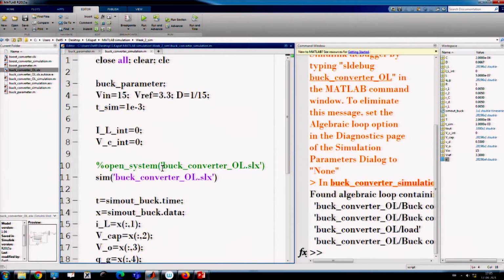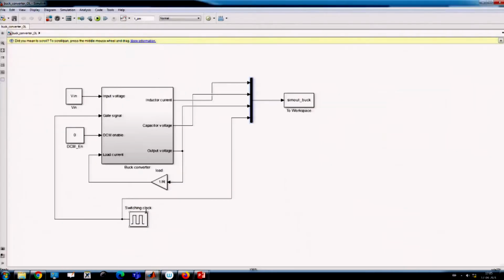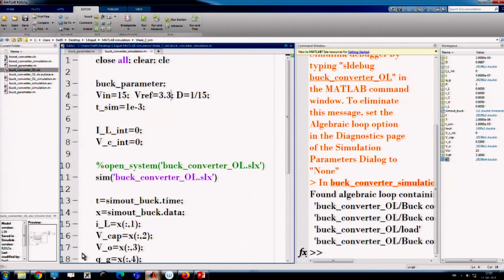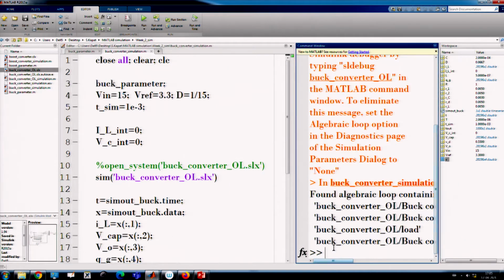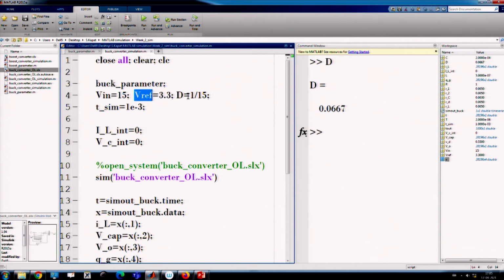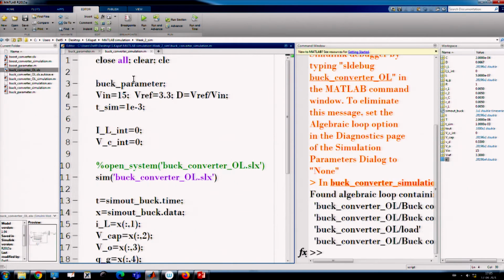So, in the Simulink D, this should get changed. Yeah. So, okay, sorry, we should use Vref by phi, not this Vref by phi. That is the open loop duty ratio. Now you should run.